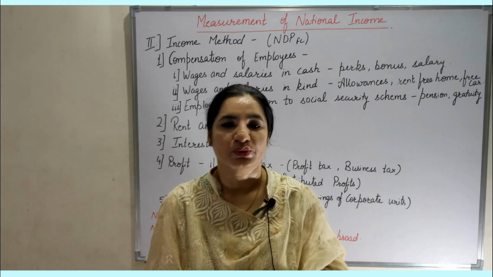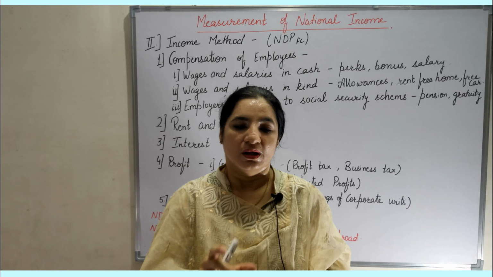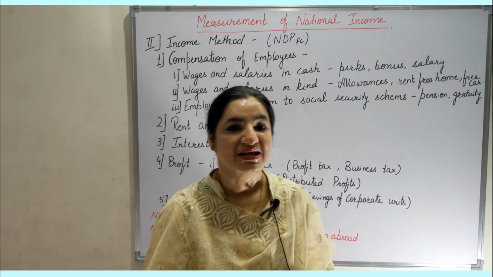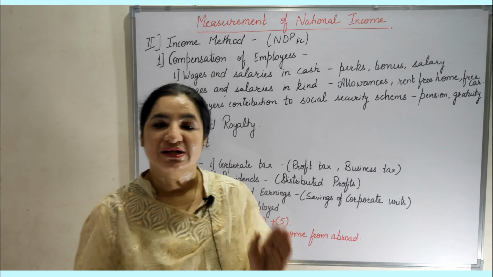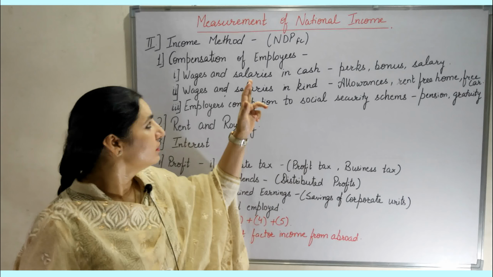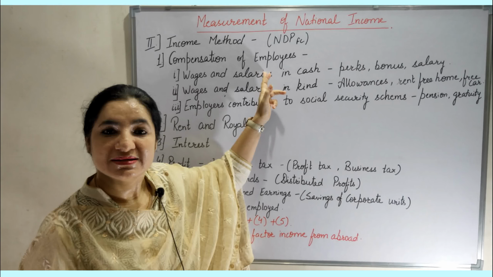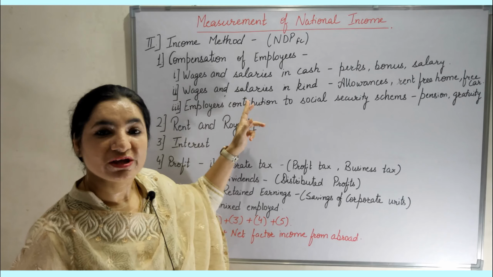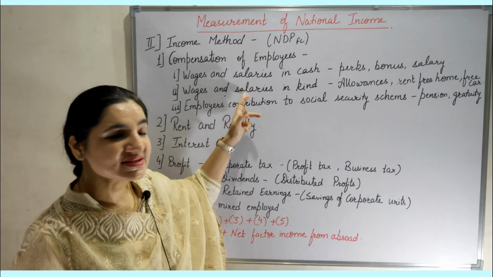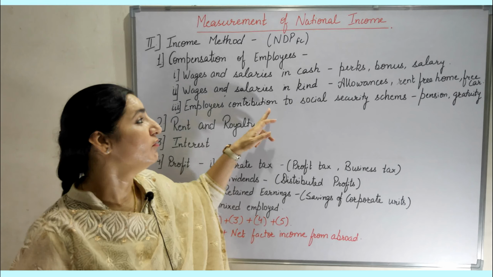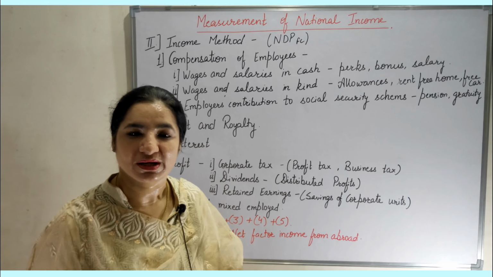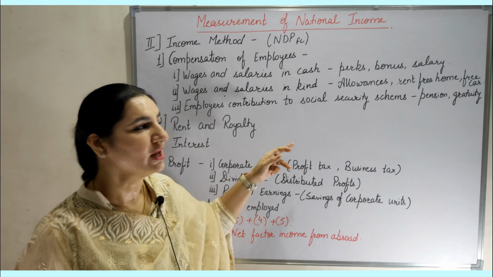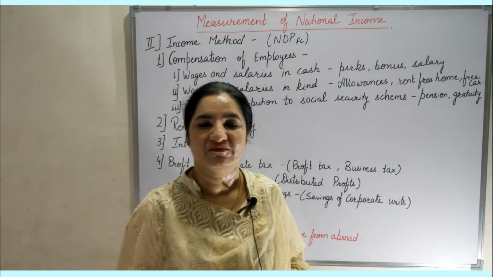Here it is to be noted that if in a question compensation of employees is given and we are also given separate heads such as wages and salaries in cash, it is always implied that compensation of employees is the sum of the first, second and third bits. So if we include the first bit or second bit separately with compensation of employees, it will be double counting. So these subheads are to be excluded or ignored if compensation of employees is directly given in the question.